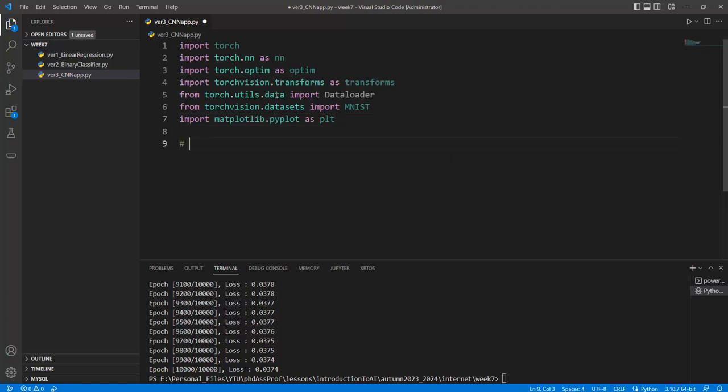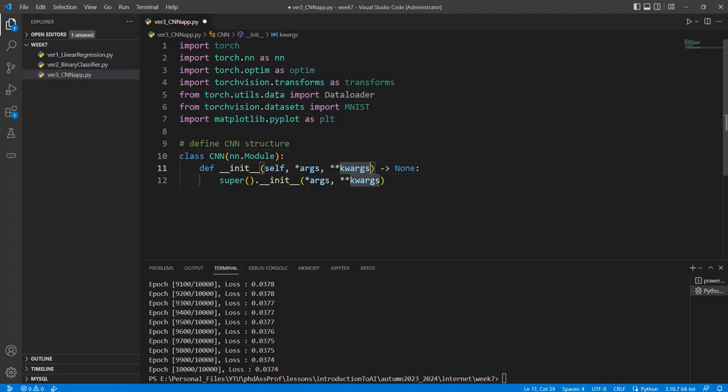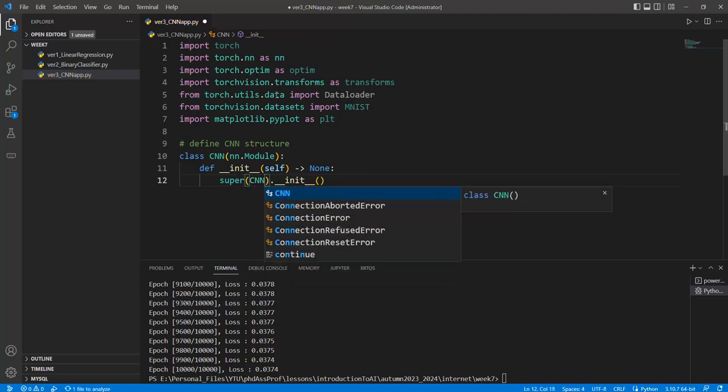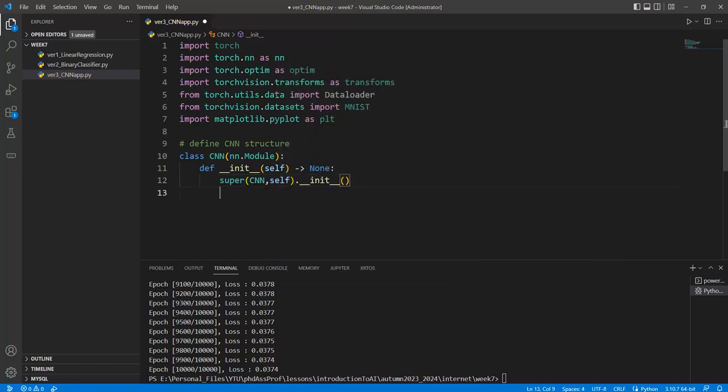Firstly, we need to create, defining the model or CNN structure. Class CNN can be defined with the nn.Module parameters. Okay, and def constructor is given in here like this one. It has multiple arguments, and super must contain the CNN and self parameter. Okay,